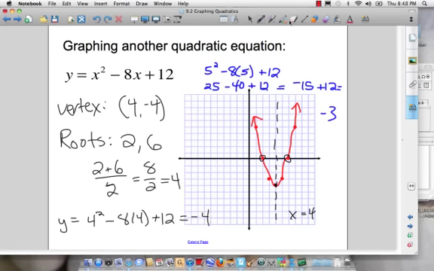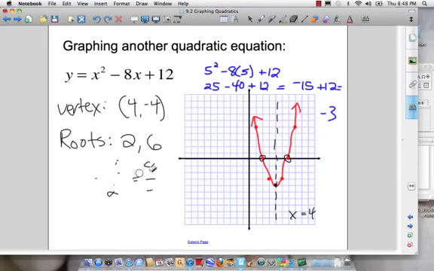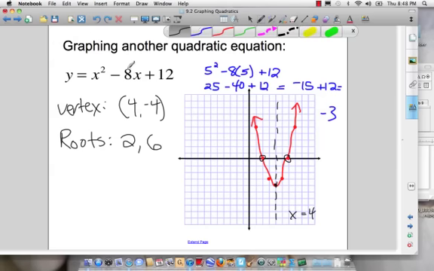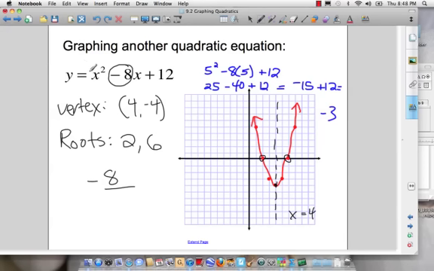Okay, here's another trick. The book doesn't show you this one, but another way of finding the vertex, instead of averaging the x-coordinates, there's a result that you might learn later. It's really not in your algebra textbook, but it turns out that if you take this number, negative 8, over 2 times this number, which in this case is an invisible coefficient of 1, the opposite of this number, so positive 8,